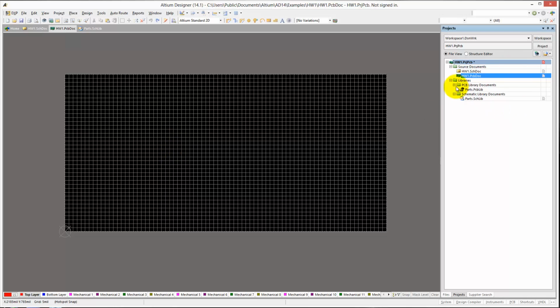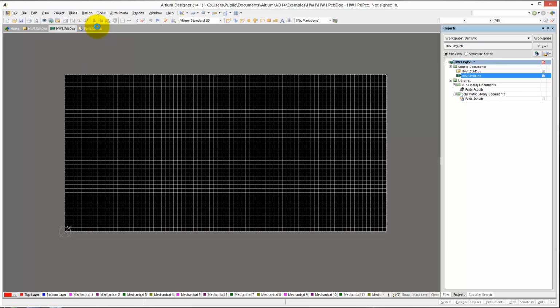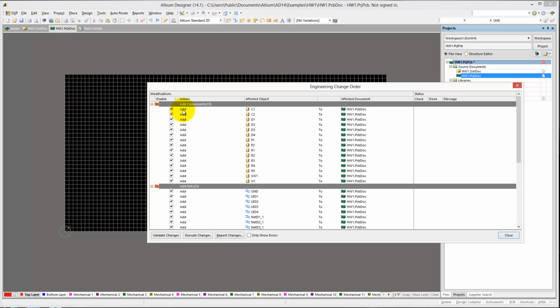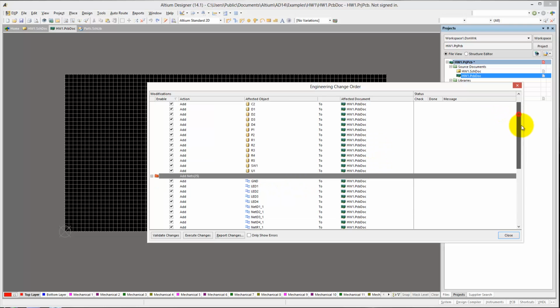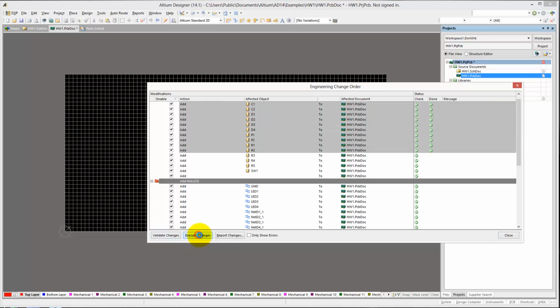Alright, now that it's part of the project, Altium actually knows that this PCB can be linked to this schematic and the rest of the project. So what we can do is go to Design and import changes from the project itself into this PCB. And what this will do is find that many of the components we have in the schematics are not in this particular PCB right now, and it will add all these different components. We can validate them, execute them,